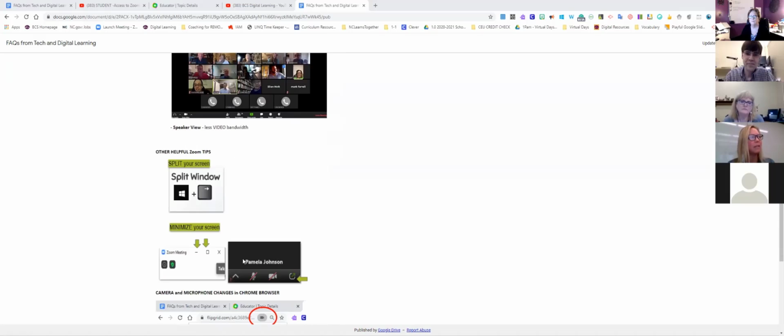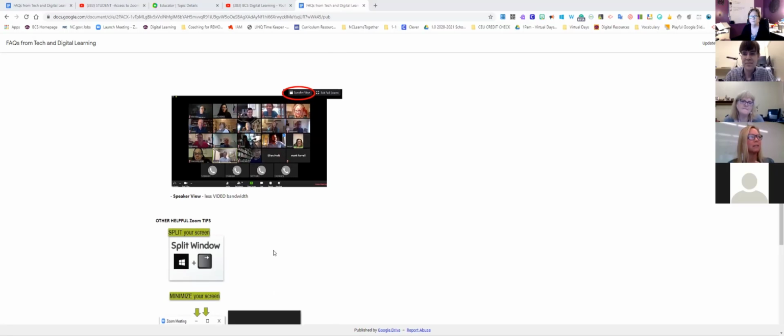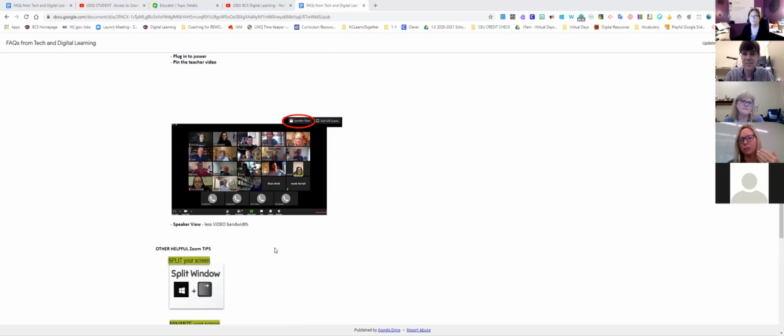There's a couple other things that are just helpful tips, and we put those up, that are how to split the screen or when they're minimizing. But I think like what you're saying, the biggest thing might be if it's blacking out or the Zoom's not working properly or the sound's coming in. So I think really those two things with speaker and gallery are the most helpful. And the split screen may not necessarily be a great idea because that means they're doing something else while they're Zooming,